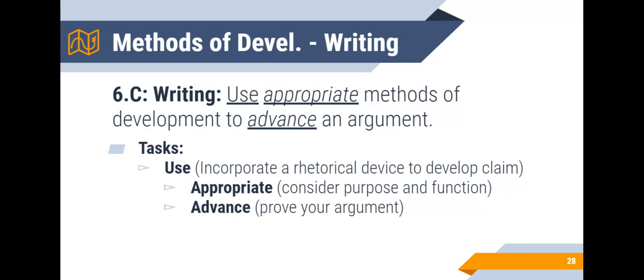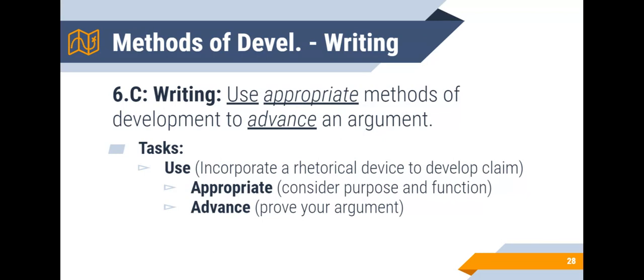So you're going to use appropriate, which means you want to consider purpose and function, methods of development to advance an argument. Advance means to prove your argument. Now, methods of development are not just going to be basic modes. It's going to be the oration model, Rogerian argument, Toulmin. It can be the Aristotelian appeals, rhetorical framework. It is a method of development that lets you say, here is my claim and here's how I intend to